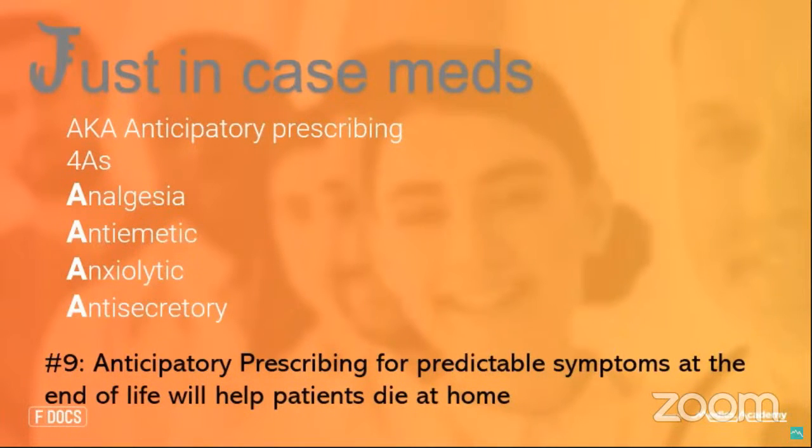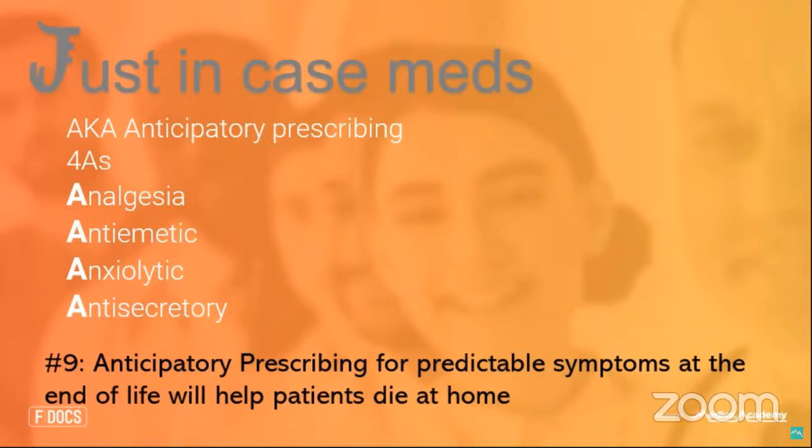You want to help patients and their families be prepared, have the drugs in place, avoid those crisis calls, avoid the 999 calls ending up in A&E, prepare them both verbally for what to expect at the end of life and give them these tools, i.e. the medicines in the house. They'll often still need a district nurse to come out and administer them, but that's a much simpler process than trying to find somebody to prescribe the drugs and find a pharmacy to get them from.